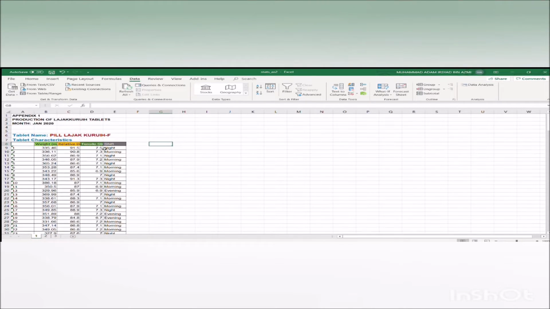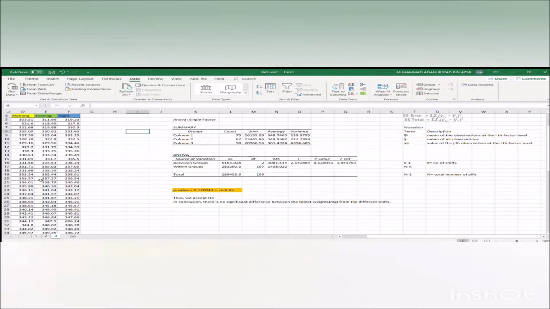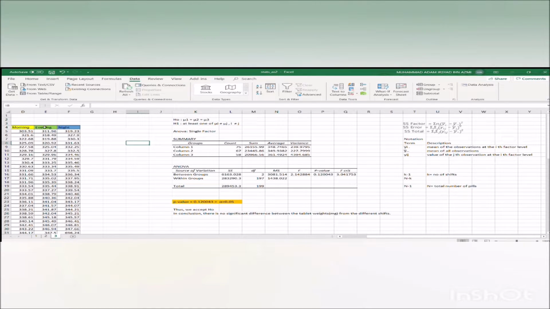So from this table, first of all, I made a pivot table using Excel, and I got this table. From this table, I grouped every data according to the shift: morning, evening, and night. After grouping all the data, I used the table to do the data analysis using ANOVA single factor. After I got the ANOVA single factor, I forgot, we need to set the null hypothesis, which